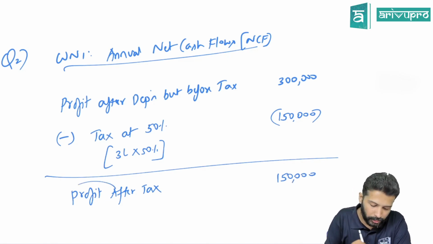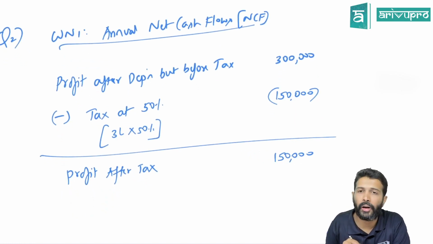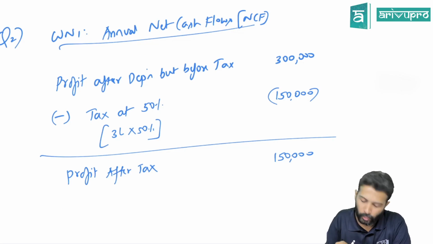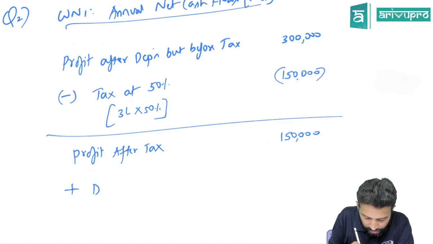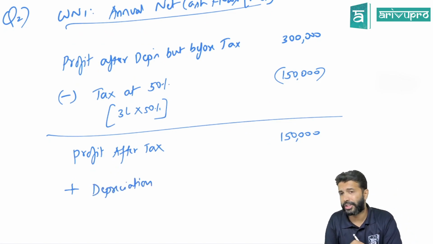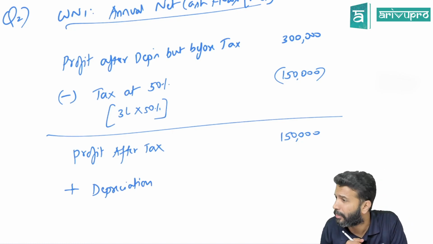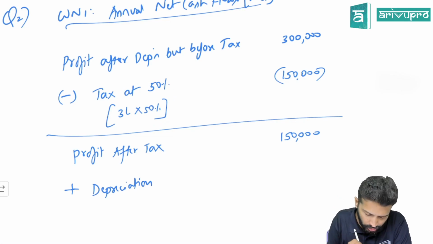Are you interested in profit or are you interested in cash flows? Cash flow. So hence that's it, or one more step. One more step. What is that step? Last may add back depreciation. Why are we adding back? Because it is a non-cash expenditure, but on this you will get some tax benefit. Tax benefit I've already considered. Now it's an adding back stage.